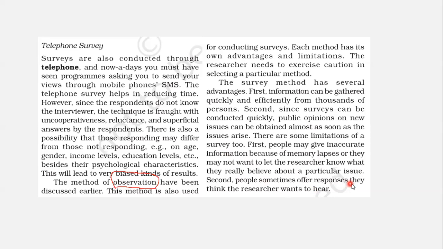Second, people sometimes offer responses they think the researcher wants to hear. It is a bias, completely biased. The researcher has influence on the respondent, and the responses may be biased. So in the first one, they may not respond properly. In the second disadvantage, they may respond according to the needs of the research. This is how it goes, and these are the three techniques we discussed today, along with the personal interviews yesterday. And